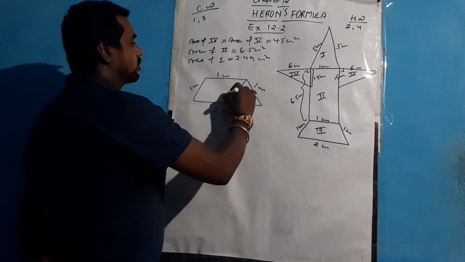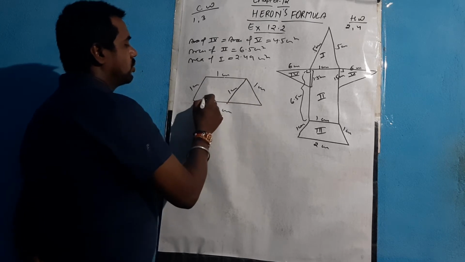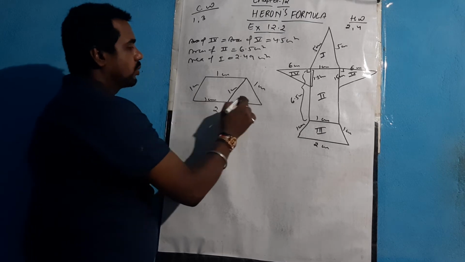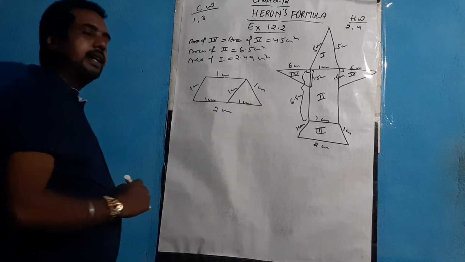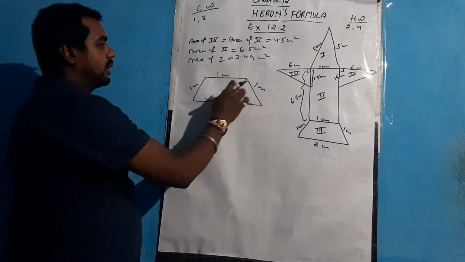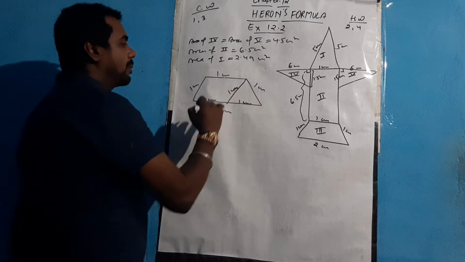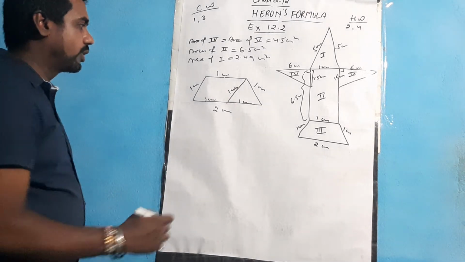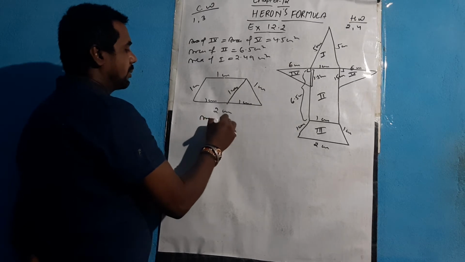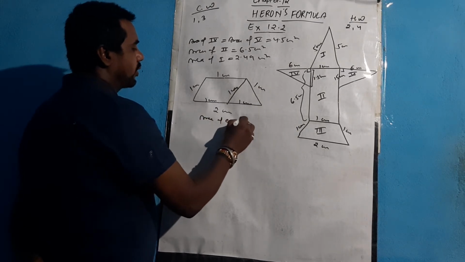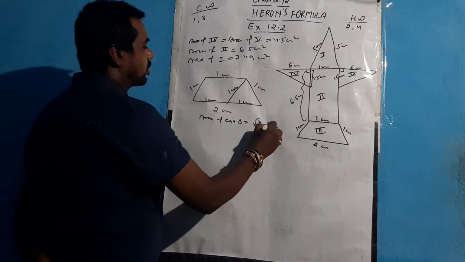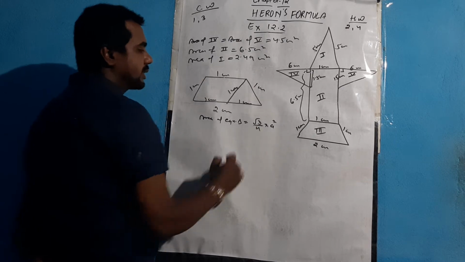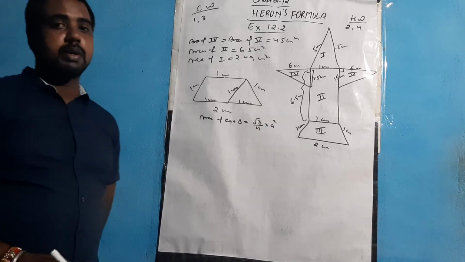So this is 1, so this will also be 1. Total was 2, half is now given, 1 is here because the parallelogram upper side is 1 centimeter, so here also 1, and this will be the remaining side as 1 centimeter. So now this is 1, 1 and 1. So it is forming an equilateral triangle. As you know that area of equilateral triangle is root 3 by 4 into side square. So we will apply the formula, area of equilateral triangle root 3 by 4 into side square, which was, side we have taken in the previous exercise as a, so it came out as root 3 by 4 a square.